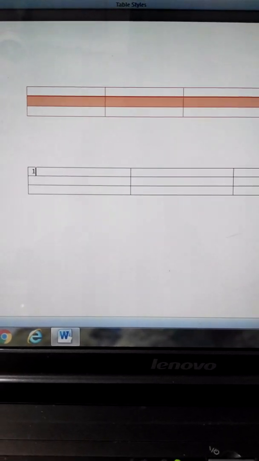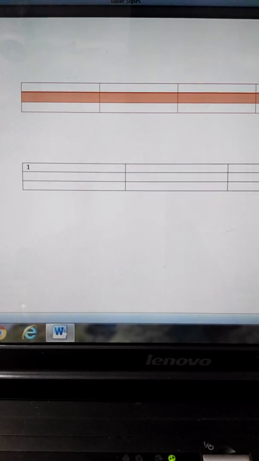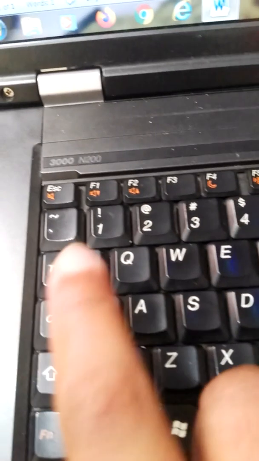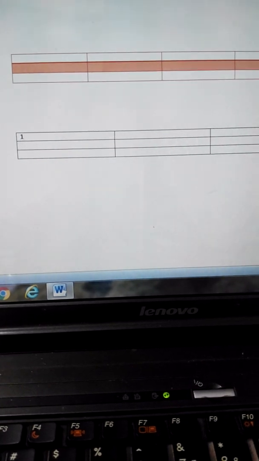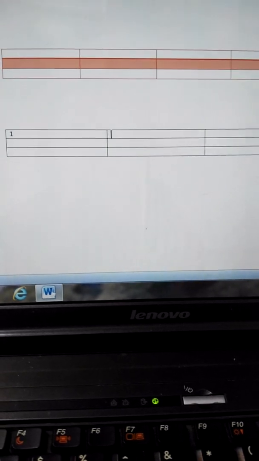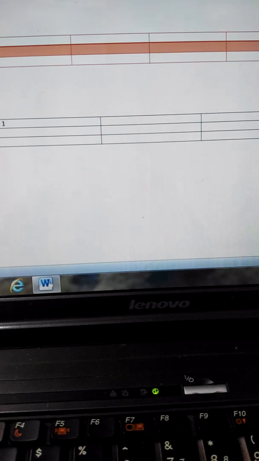Now I am going to type the number 1 in the cell, and if I want to move forward to the next cell, then I will press the tab key from the keyboard. As you can see here, this is the tab key, right? As I press this key, I will move to the next cell, and here I am going to type the name of the student, Sana,